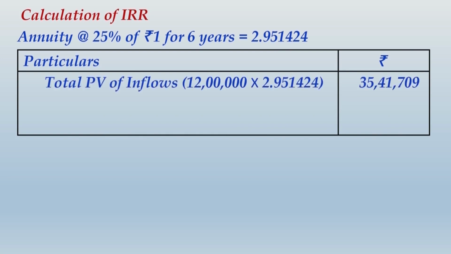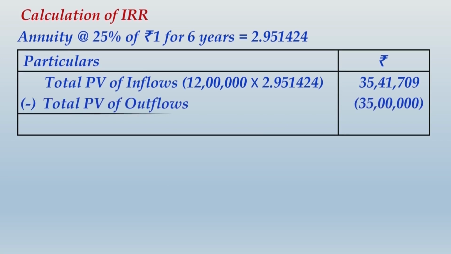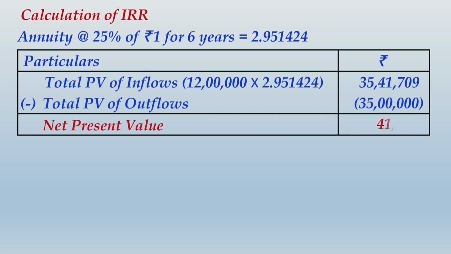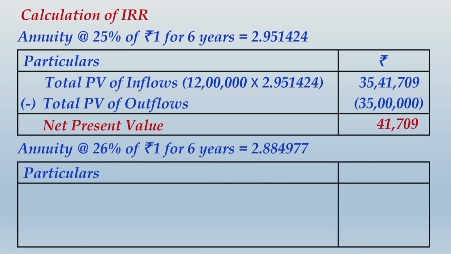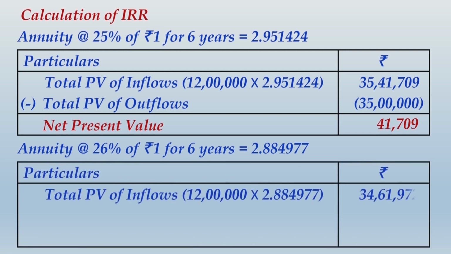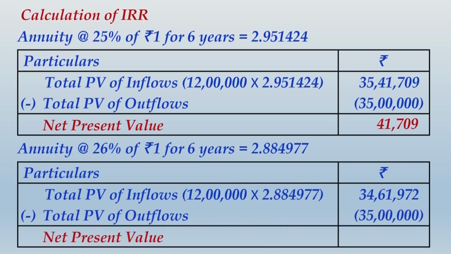Total PV of inflows will be 35,41,709. Total PV of outflows will be 35 lakhs. NPV comes to 41,709. Annuity at 26% of rupee 1 for 6 years comes to 2.884977, and total PV of inflows with that annuity factor comes to 34,61,972, and subtracting from that the total PV of outflow, that is 35 lakhs,